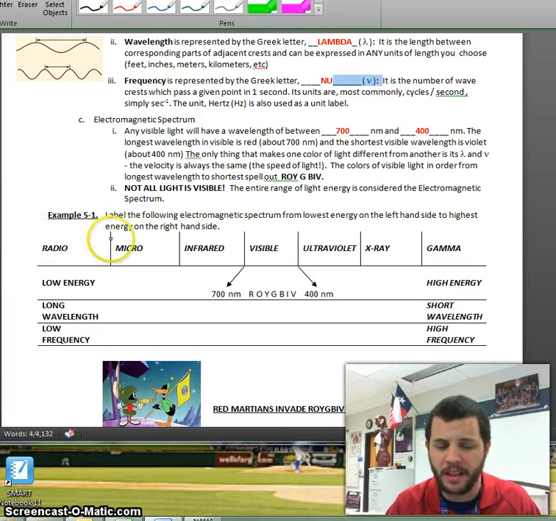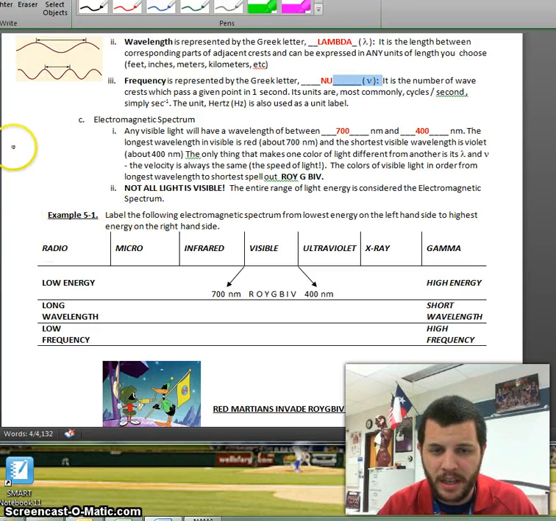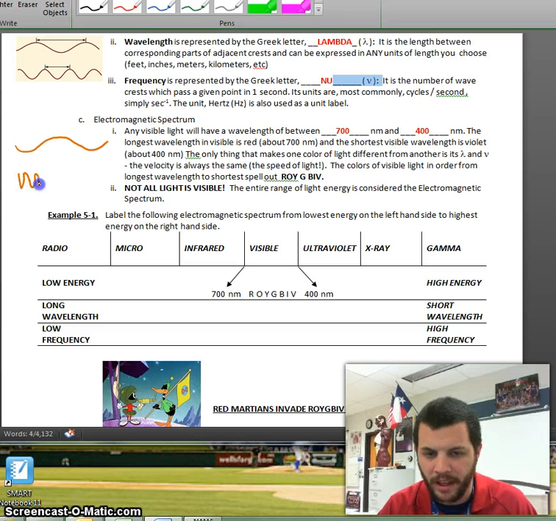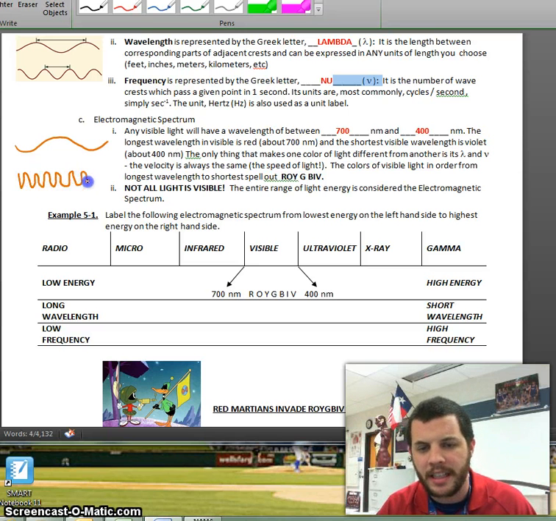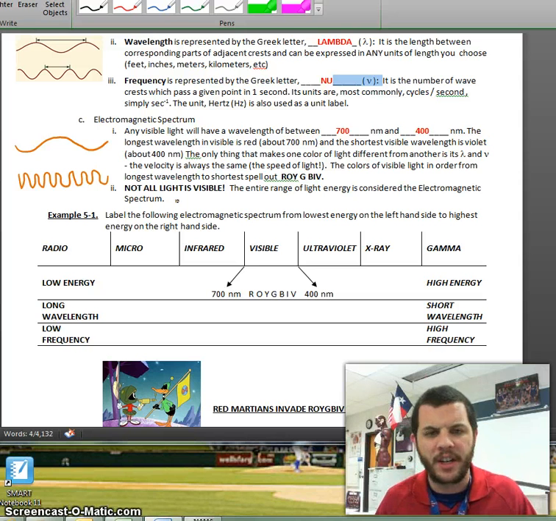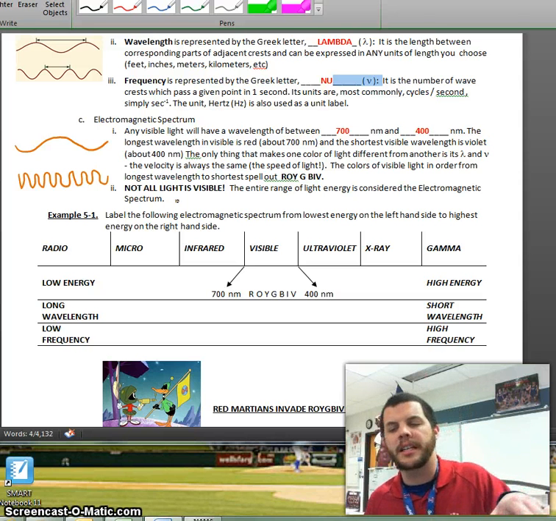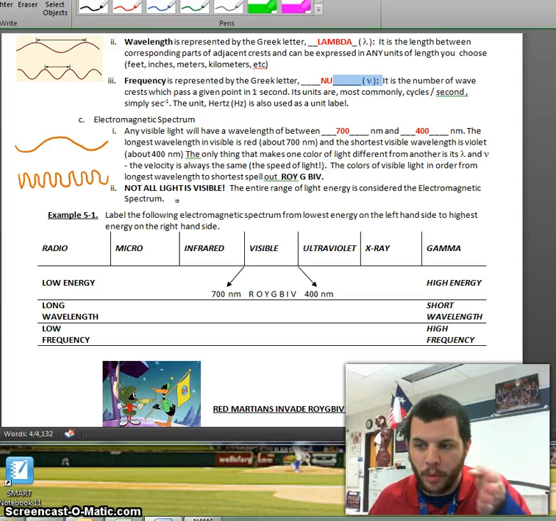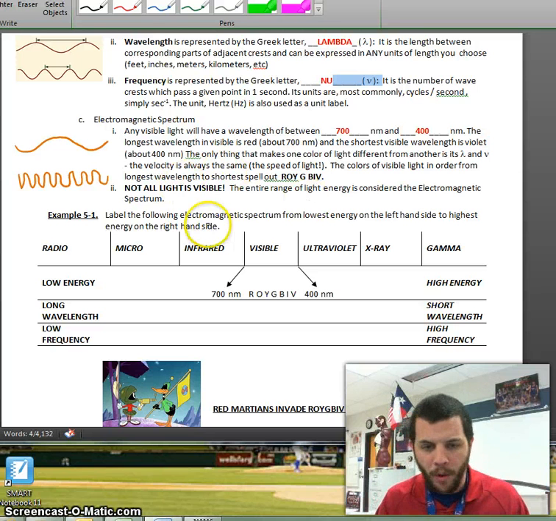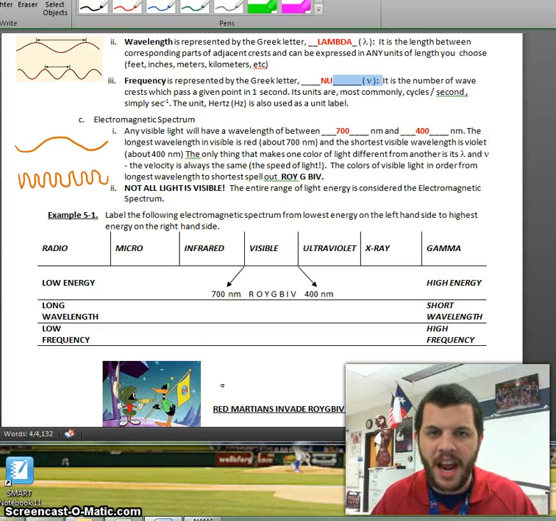So, and let's also think about this for a second. Let's look at a long wavelength with a long flowy wave, and then let's look at this one with a really short wavelength, okay? Just by looking at these, can we guess which one has more energy? Okay, one of them looks like it's nice and relaxed, and the other one looks like it's real angry and real rough. Okay, the one that looks real angry and rough, of course, is going to have a greater amount